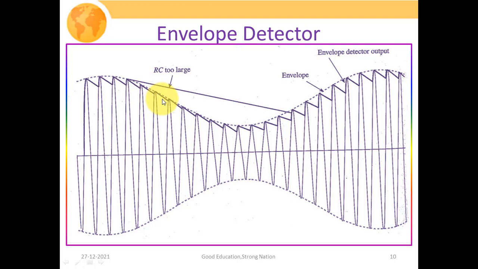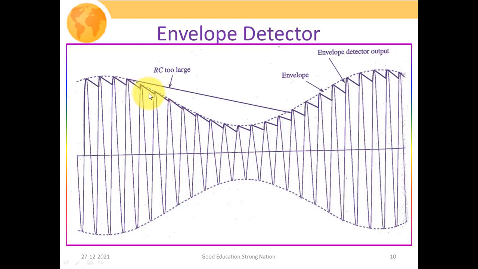So the important point that we have to discuss here is what will be the value of the time constant so that we can get the appropriate outcome at the envelope detector, or we are in a state to get the actual message signal through this detector circuitry. As we know, the time constant tau equal to RC will play an important role, and it gives us information about the charging time as well as the discharging time. If the time constant tau equal to RC is too large, what will happen? And if the time constant is quite low, what will happen? We need to discuss that.